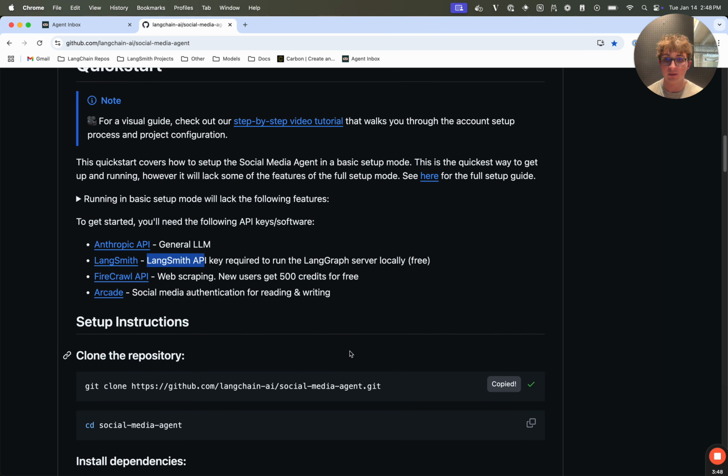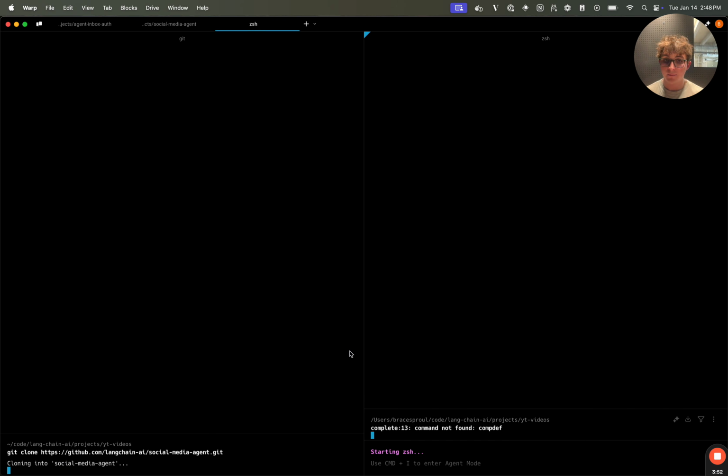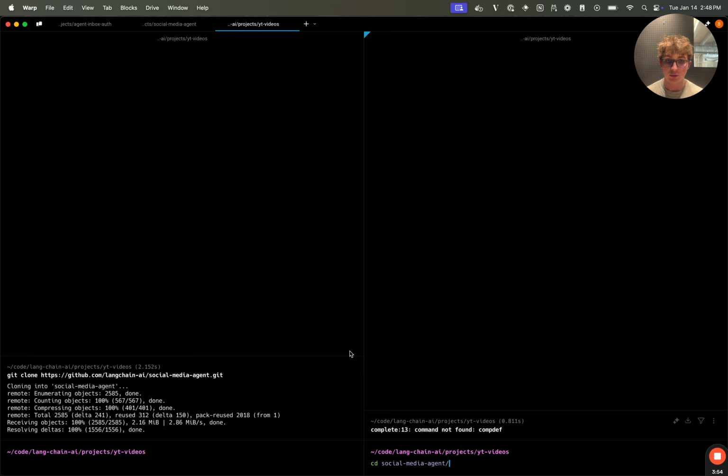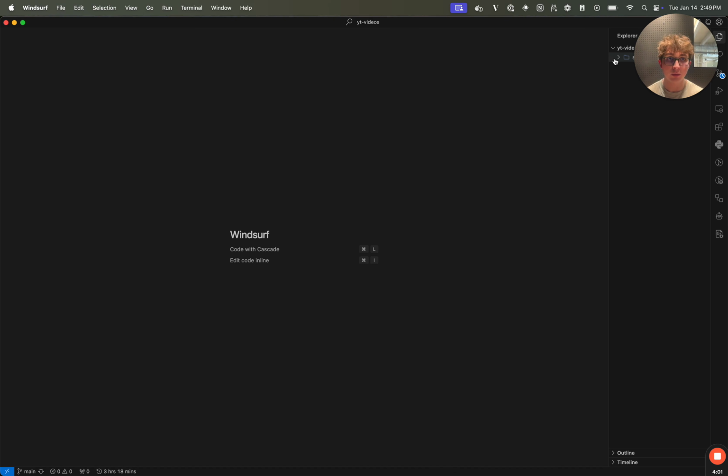So I'm going to copy this URL and then navigate back to my terminal to clone it. So I'm going to hit git clone. Once that's done, I'm going to navigate into the social media agent repo and install my dependencies via yarn install. While that's running, we can open it up, and we're going to want to copy